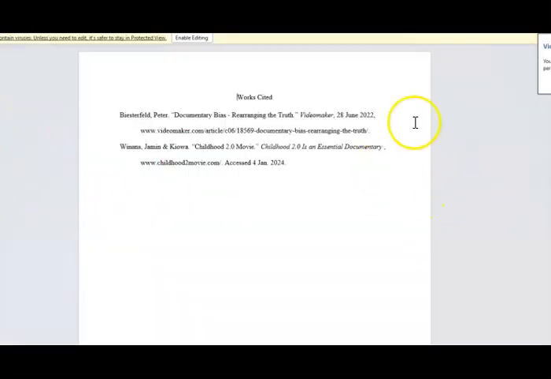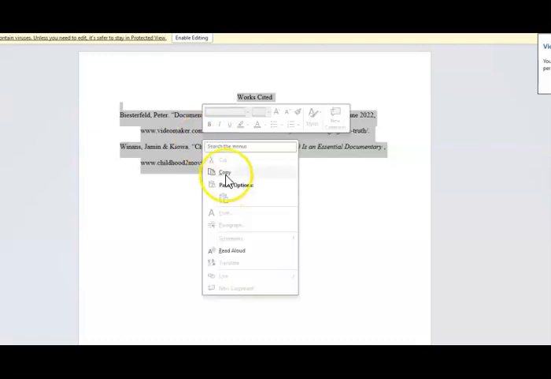And you can see that it's all formatted in a Word document. I'm going to enable editing. And I'm going to make sure that everything is correct on here. And remember, see how it's double spaced? It might get messed up a little bit when we paste it into that text document. So let's do copy.